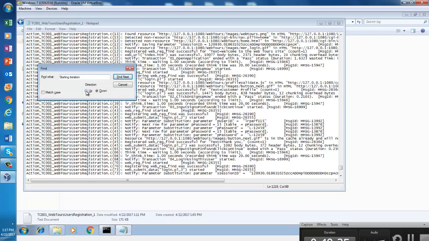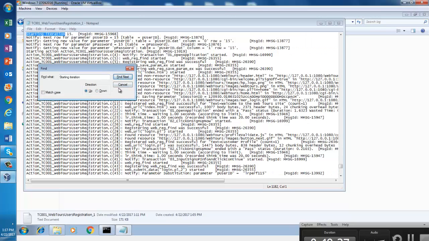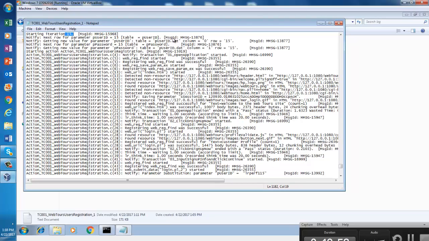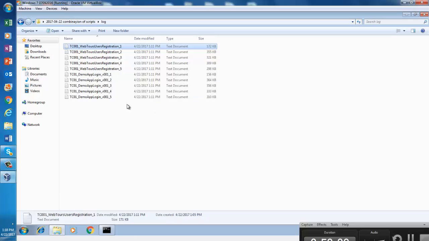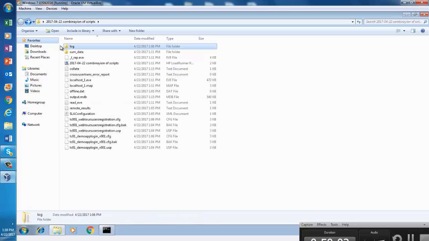Let me go up. So these users were able to execute 15 iterations. That means this one of the users that I am considering, user 1, was able to execute 15 iterations. That means he was able to execute the script how many times? 15 times. So look at here. Now we have the log, right? Now if you look at the analysis now,